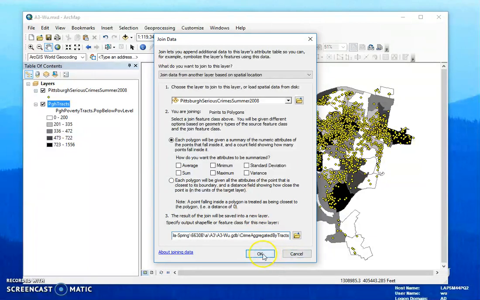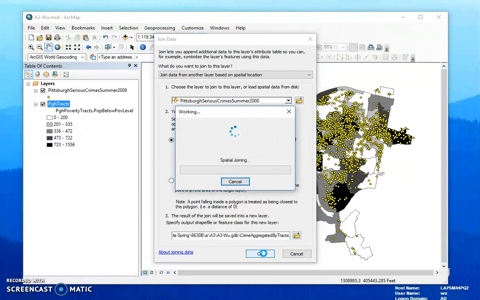Then we are ready. So when you say okay, it will work on that, and it takes quite a bit longer because this is a very difficult compare and match, right? It takes some time, but after that, it will produce a new map layer by the name that we have given it here, and that new map layer will be very similar to the Pittsburgh tracks, exactly the same attribute